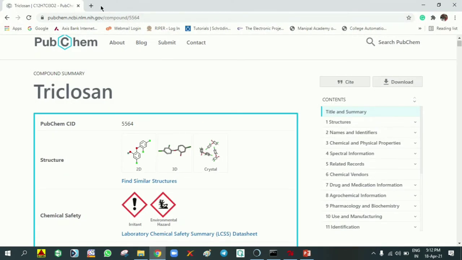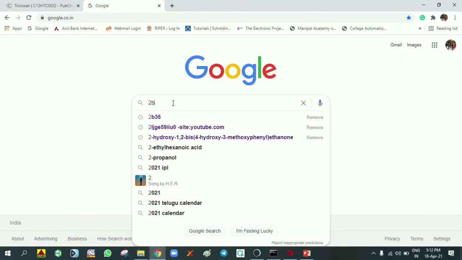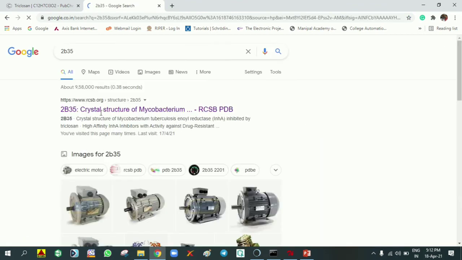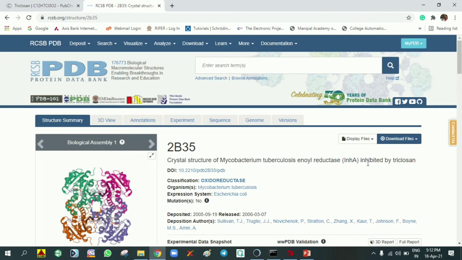So initially, in Google, I am going to download the protein. What I am choosing here is 2B35. It is a crystal structure of Mycobacterium tuberculosis enoyl reductase inhibited by triclosan. So this is the protein I am selecting now.